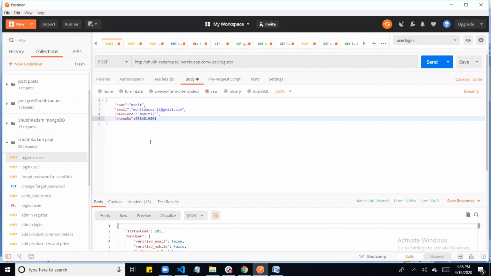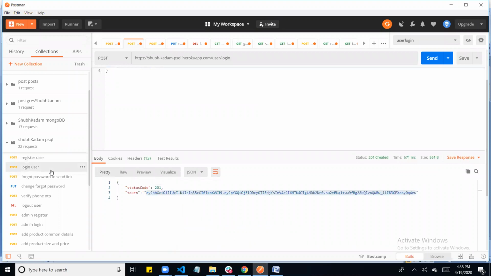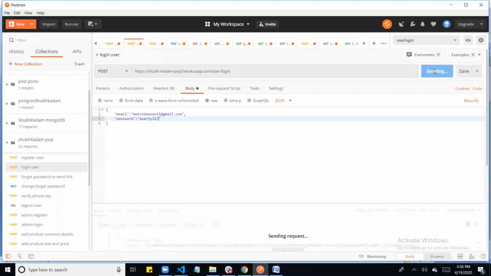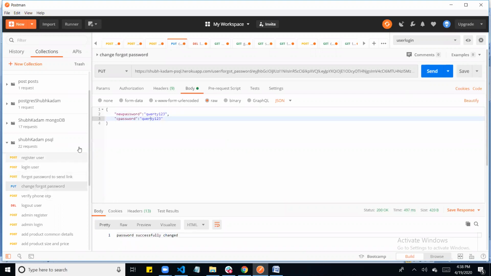I have already registered with this email address and also verified this email. So I'm showing you the login part. You can see the login part here, and I have also added forgot password and change password.